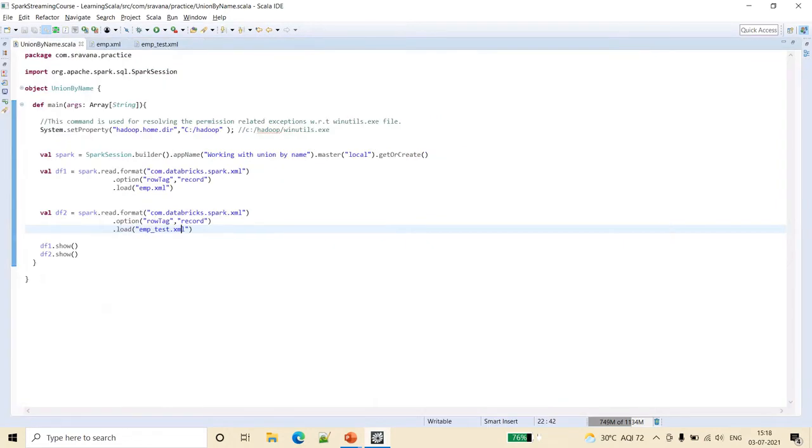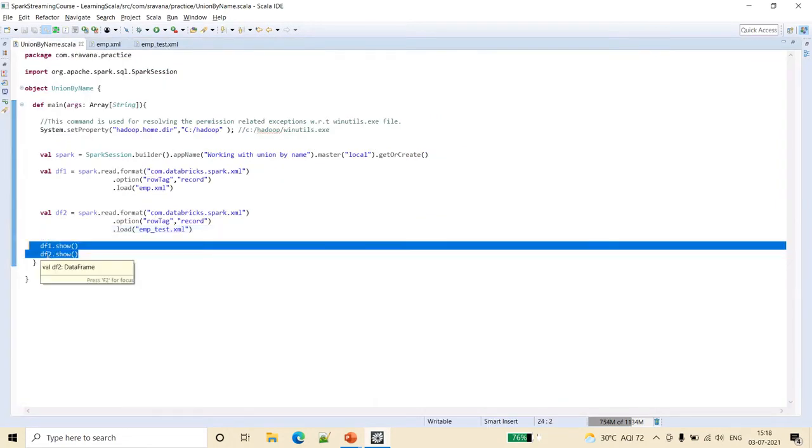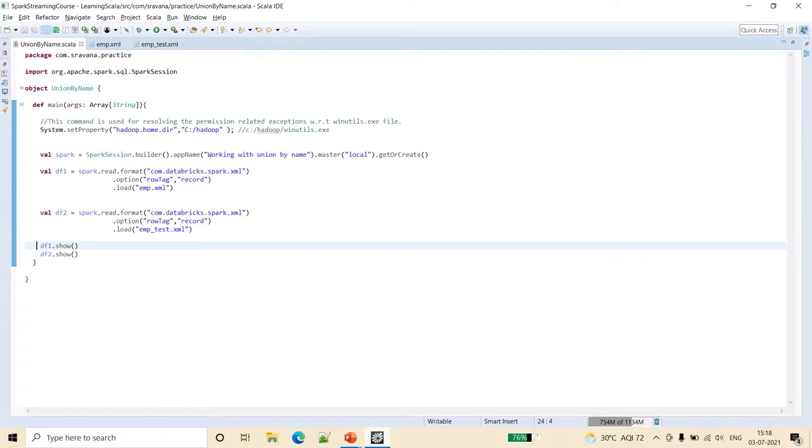Okay, so now we will see how to merge, or combine, these two data frames. So friends, Spark SQL provides one functionality called union. Using union, we can combine the data frames when there is no joining key between them. Where we cannot use the join, we can union the data frames, mainly for combining.